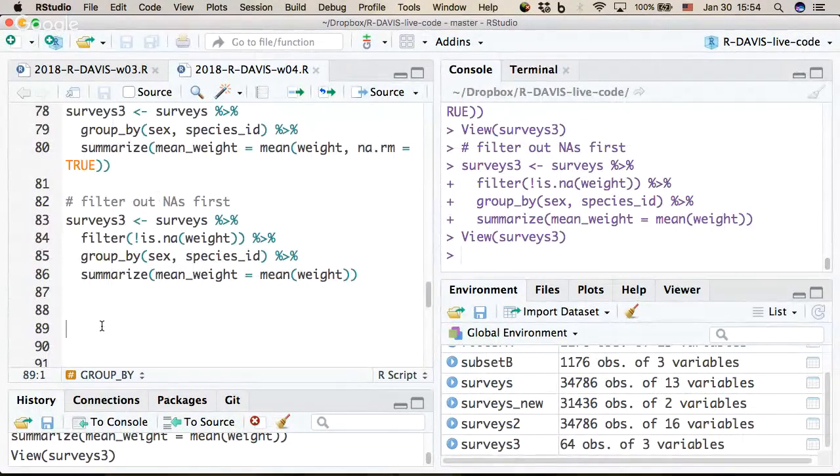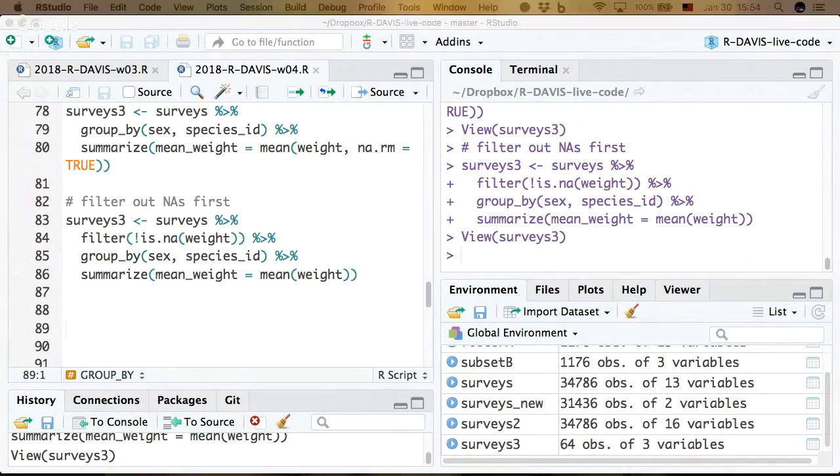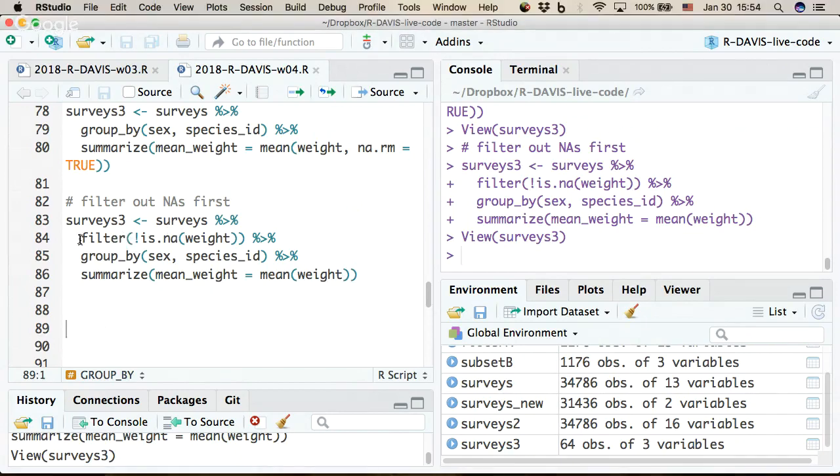Okay. And so let's see here. One thing you can do also, which I haven't mentioned, if you don't want to assign, if you're just querying this,